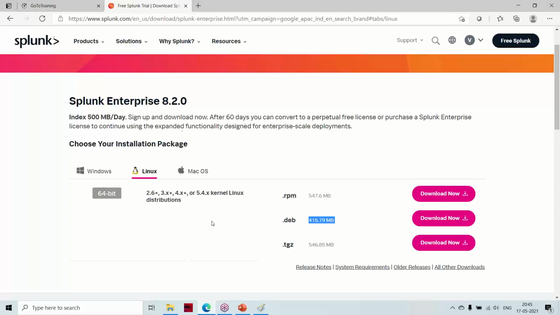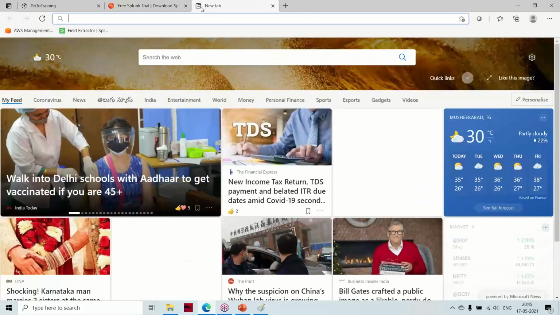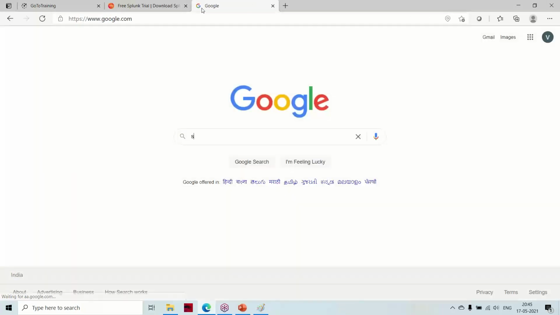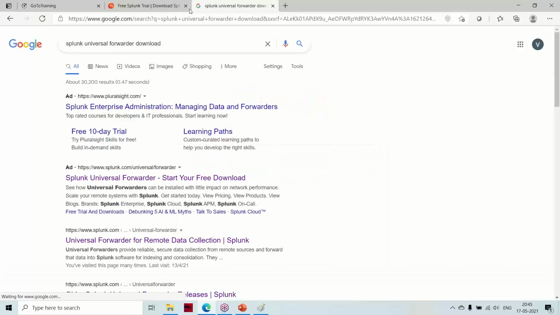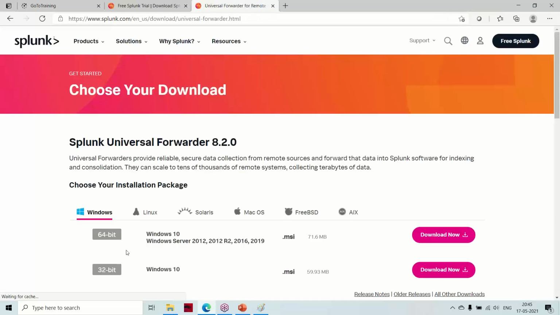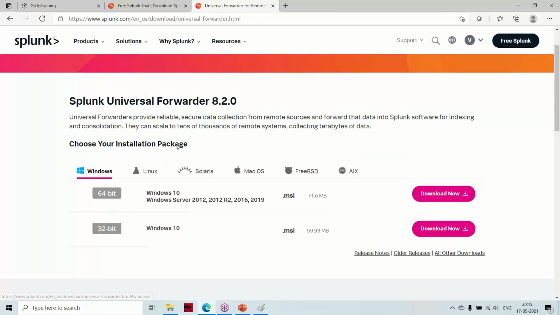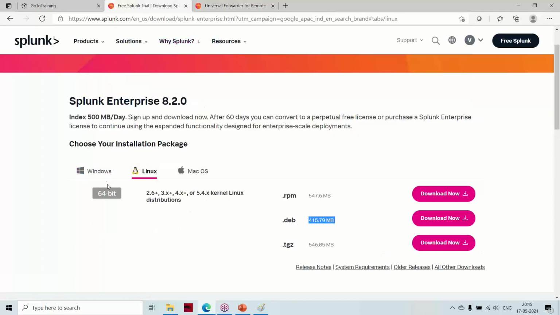And there will be one thing called the agent. Here the compatibility will be more. If you see the server edition, it supports only three platforms.